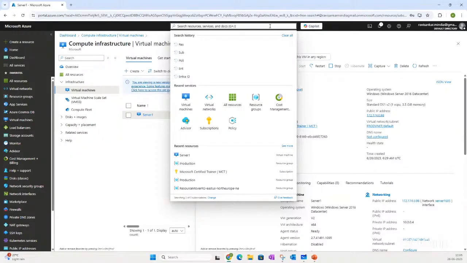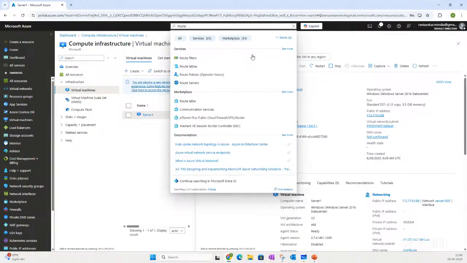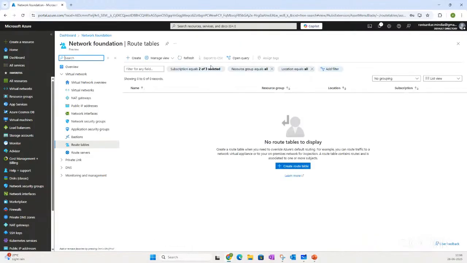Similar way here also, you have system routes available. There is a concept called user defined route, that's called a routing table. Using that, in case you want to ensure that all the traffic is redirected to a particular device or a particular location,